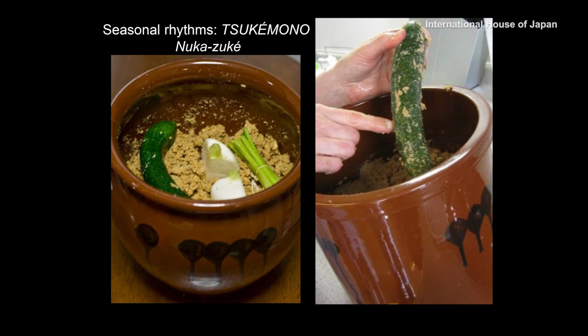So anybody who does tsukemono, and particularly anybody here have a nukadoko? Okay. It's the rhythm of the kitchen. And talk about seasonal sensibility, it has to do with when you do things. In most of the programs, I give people nukazuke kyuri, cucumber, because it's a pickle that they usually like. It's not particularly challenging in the taste and aroma and all the rest of it. And then I ask them when they think it was put in the pot. And I get lots of different answers. I got everything from 2 months ago